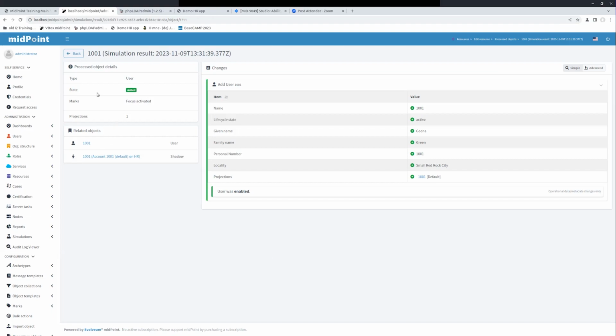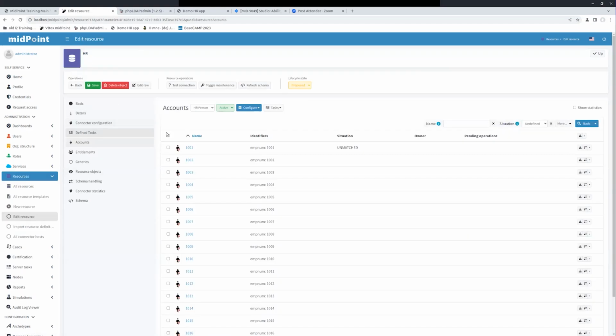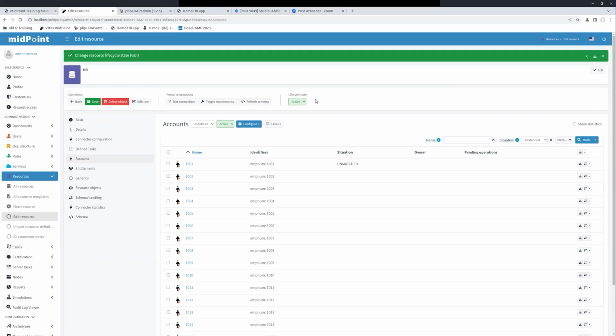So now we are satisfied. I would like to import the data now. So we have connected to the HR system. Now we would like to use that system to import actual data. I will move the lifecycle of the resource to active state. So now everything which is in this resource is considered to be active, the configuration, and we need to import